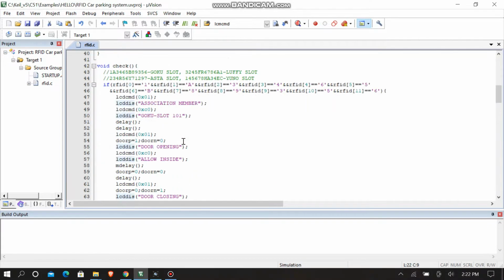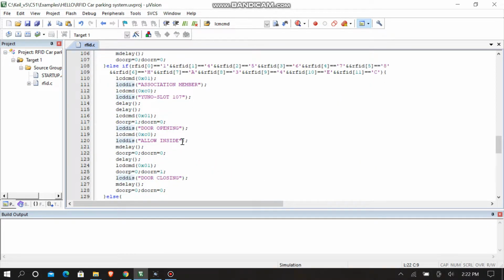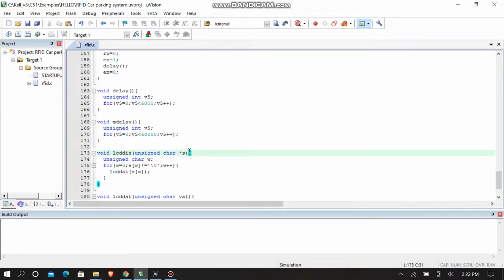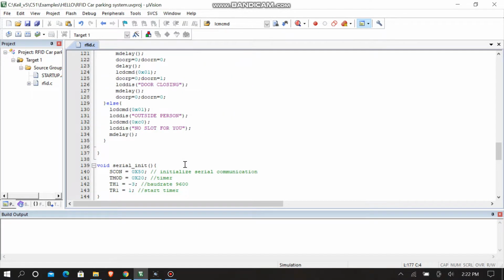So this display, in this display we have to use a pointer as I've used here, and we will initialize a character called b, and we will iterate through every character of string s which was passed until we reach the end of the line, and we will use LCD dat to display all those single characters to the LCD monitor by using this function. Then let's go back to our main program.